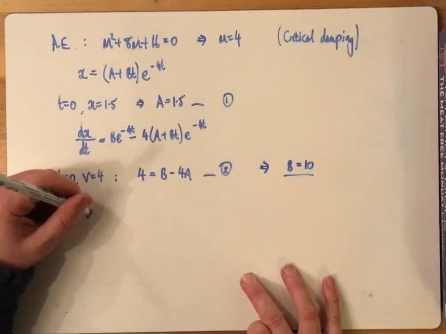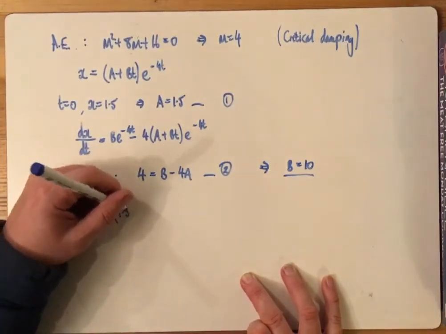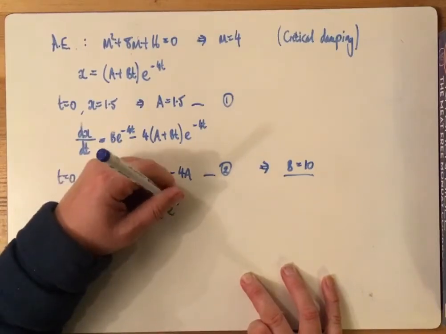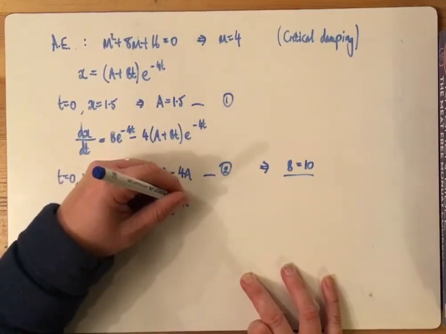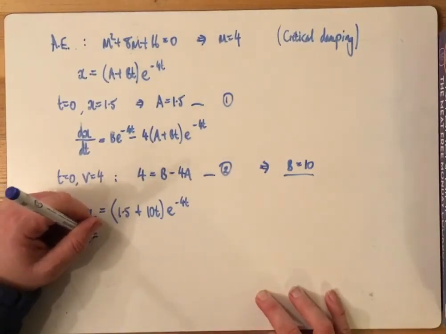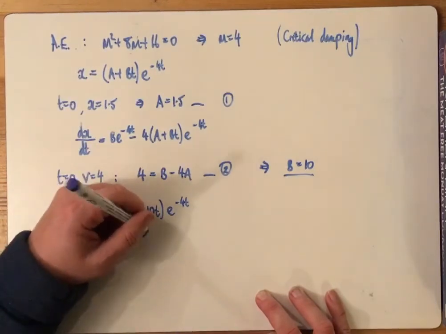And so x is equal to (1.5 plus 10t) e to the minus 4t. We want the value of x when t equals 1. That gives you x equals